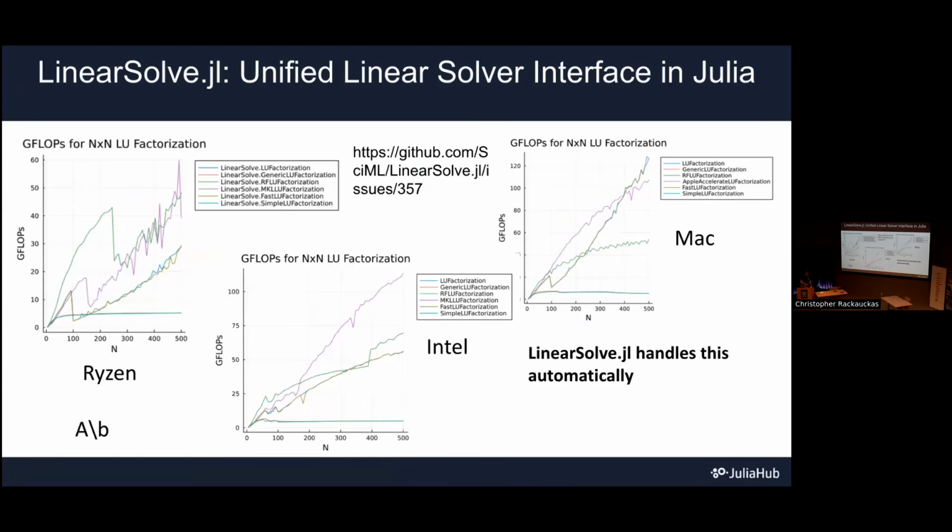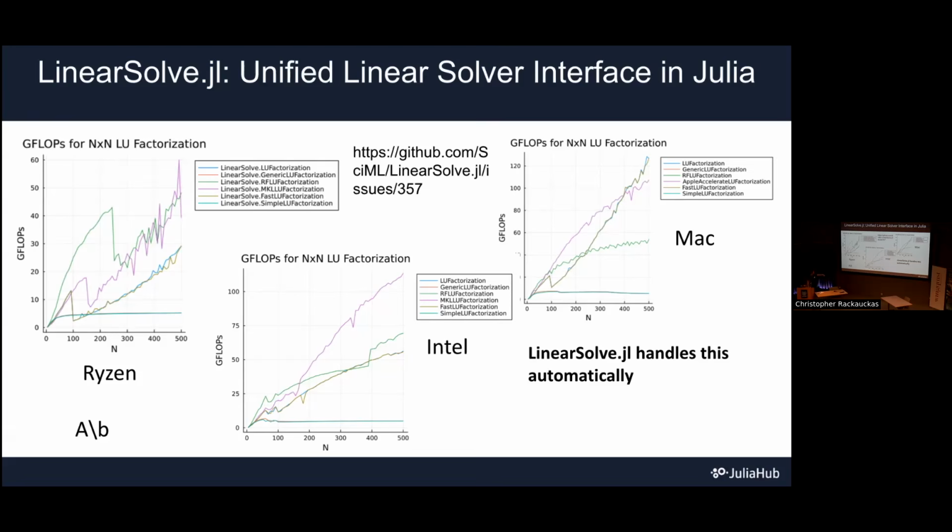And a lot of this is built on a foundation that is linear solve.jl. Now you might think that A\B is built into every single language. What could go wrong with just using A\B? Well, it turns out that even linear solving is a very detailed kind of problem. So here I'm looking at the differences of using A\B type methods, these are all LU factorization methods, on